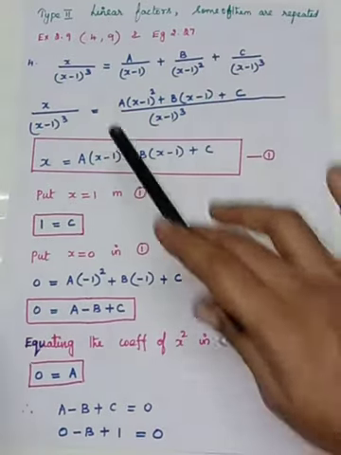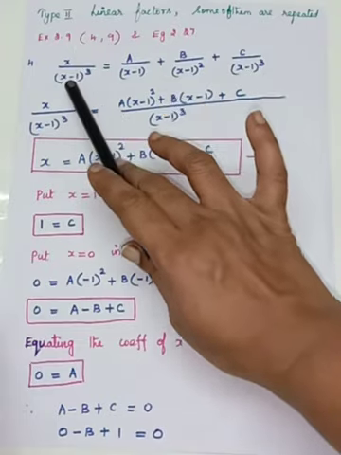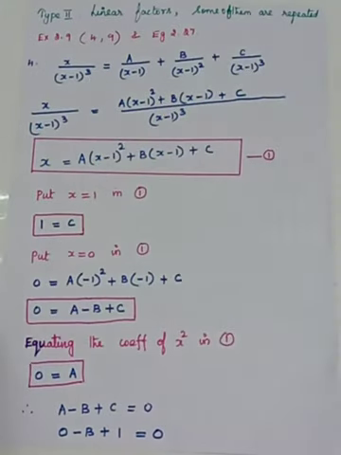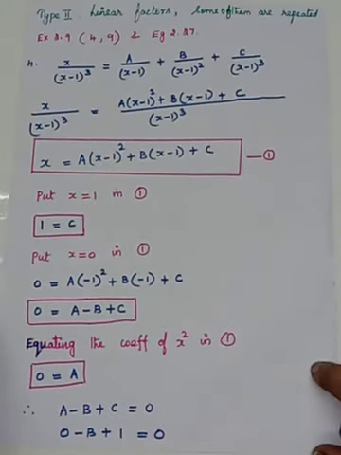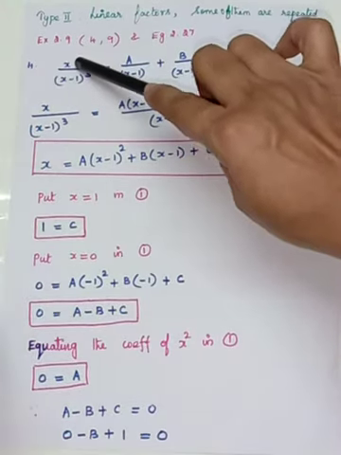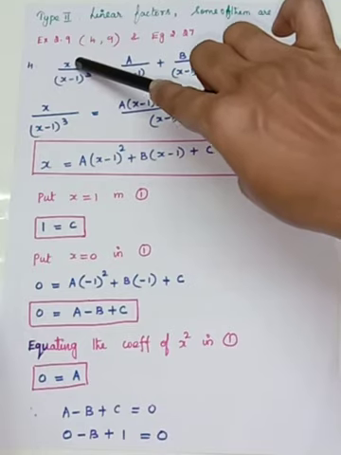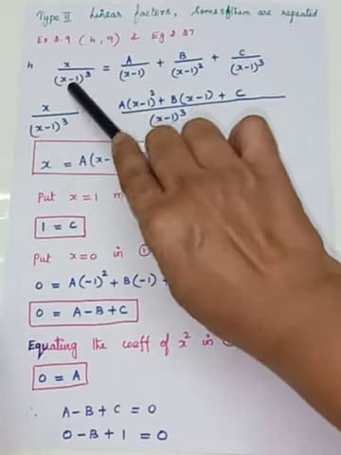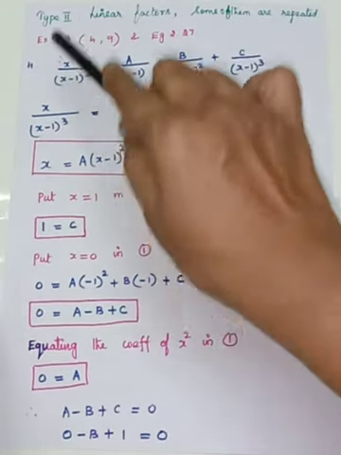Okay, so I'll take the fourth problem, x divided by x minus 1 the whole cube. So what will be the first step for you girls? So you have to check the degree of the numerator and the denominator. If they are in the proper fraction, then we can go to partial fractions. Okay, what is the degree of the numerator? Here you are having x, so the power is 1. Okay, come to the denominator, x minus 1 the whole cube.